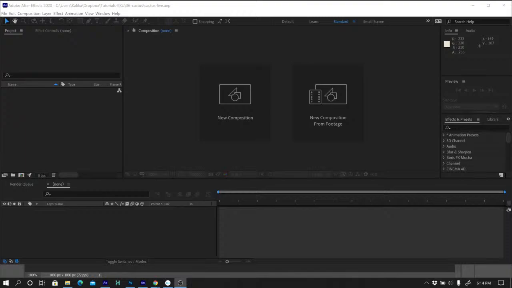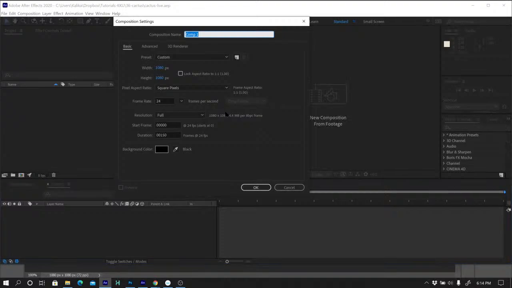And is it talking to my computer? No, so forget it. Okay, so anyways, I'm gonna make a new empty composition, and this way the next thing